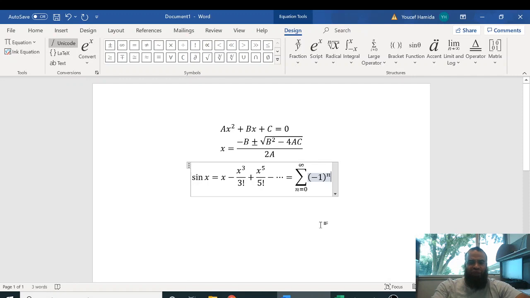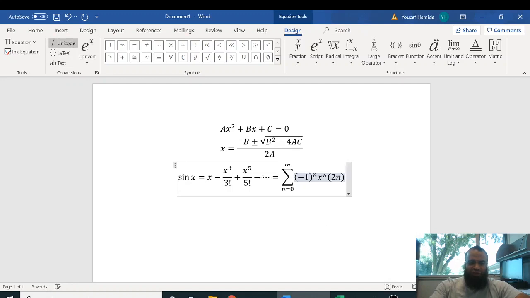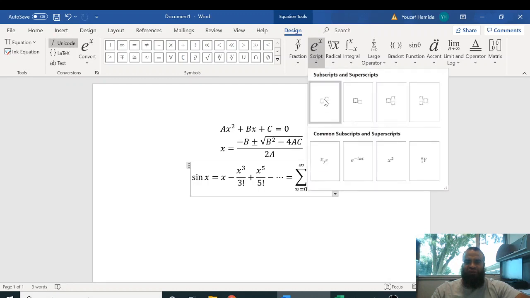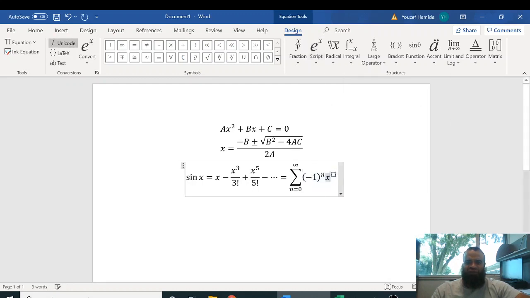And then you have x to the, I want power here, so x to the 2n plus 1. So x to this whole thing. So if I put space, this thing will go up. Or you can do it the other way. Here is another way to do it. If you go here to the script, you can go like that. So you have x, and then to the 2n